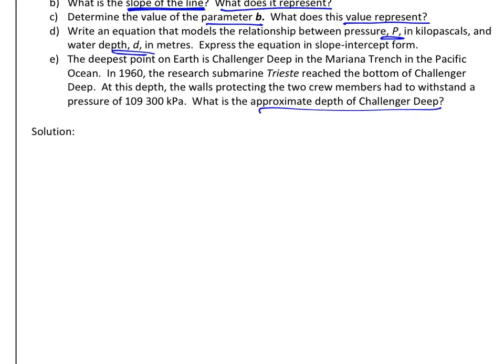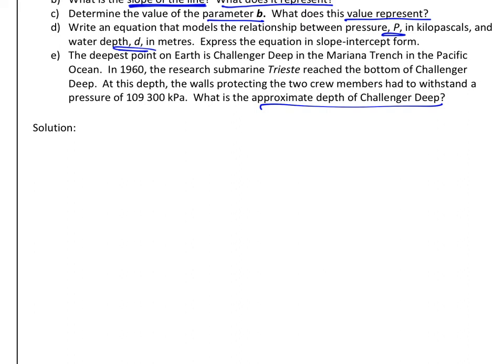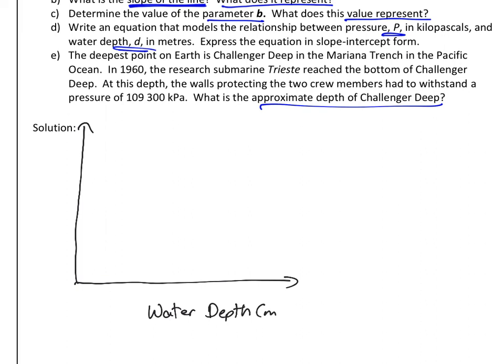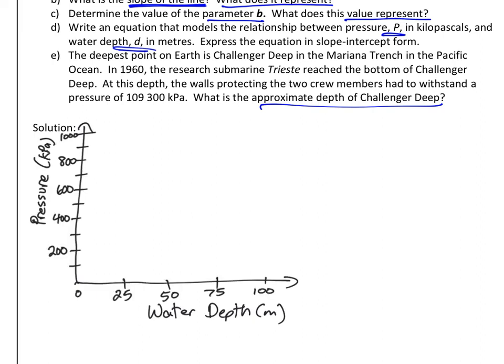So just a quick sketch of the graph. We're going to have a y-axis and an x-axis. So the x-axis is representing the water depth in meters, and the y-axis is representing the pressure in kilopascals. So after you label your axes, and I do recommend you using graph paper for this, for any graph, and a ruler just to make it nice and neat, then after you've labeled your axes, go and figure out your